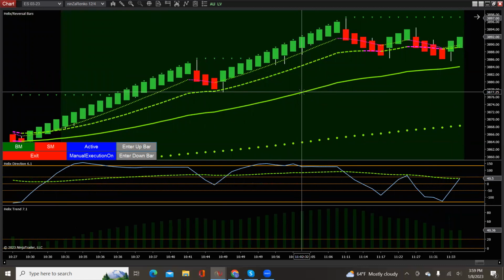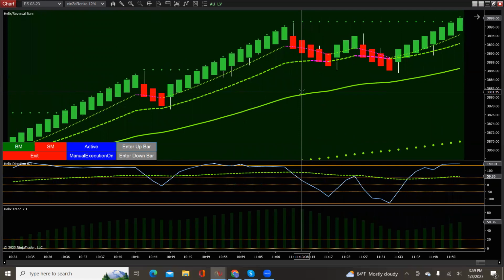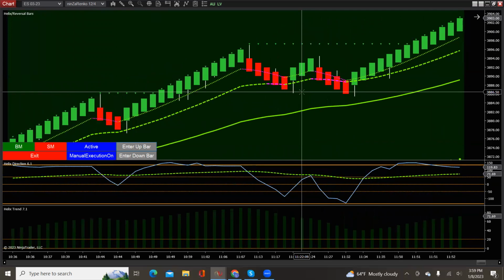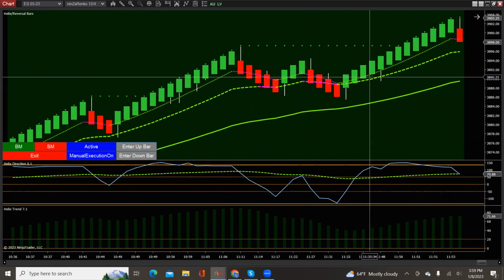I'm just waiting there. Here's the cross. Now I need a reversal. Not going to get it. Yep. So right here now, the run has been going pretty good to get in here